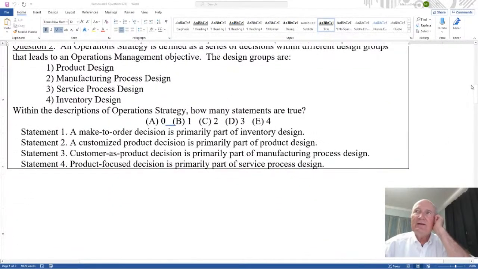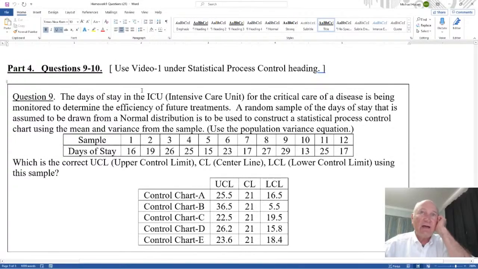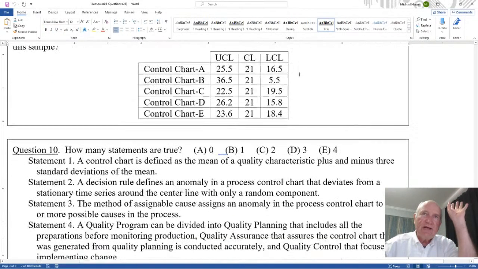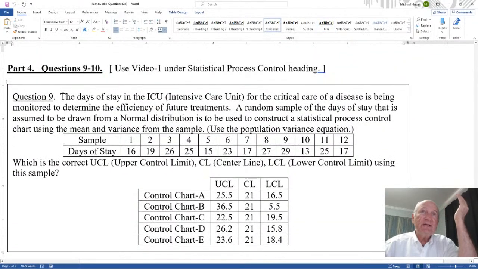First of all, as we're coming down here, let's come down to questions 9 and 10. Here's where you have, again, video 1 under the statistical process control heading. Make sure you watch that because both these questions come from that video. The first one is calculating the days of stay in the ICU, intensive care unit, for the critical care of